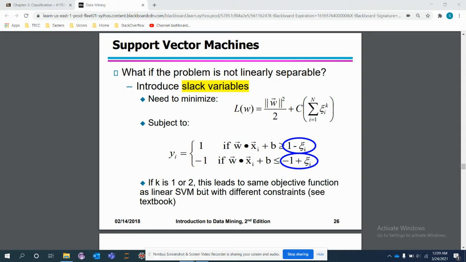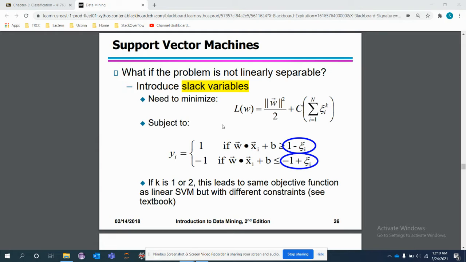Rather, we should use a different type of kernel, and most often a specific type of kernel is used in various scenarios, and that is called the Gaussian kernel. So if you see in the slide,